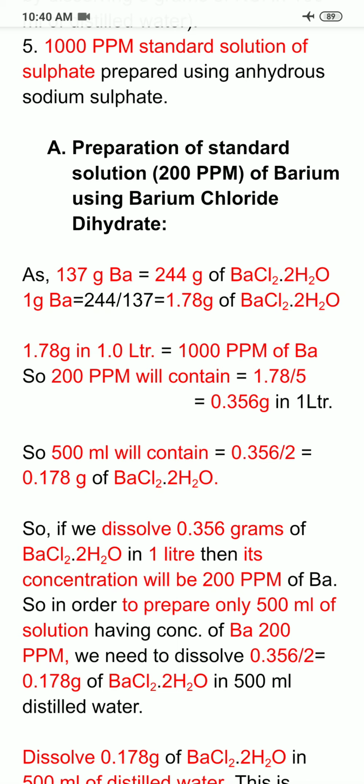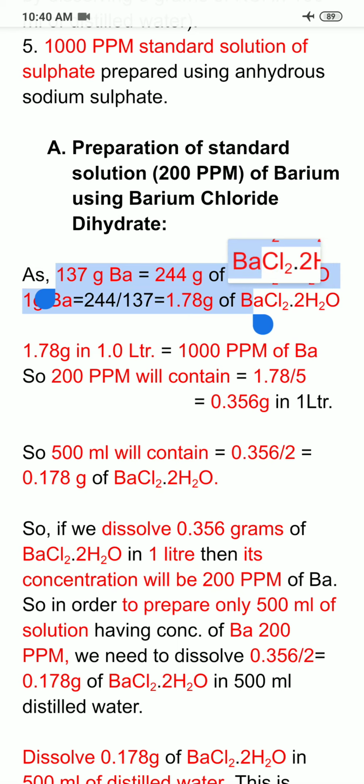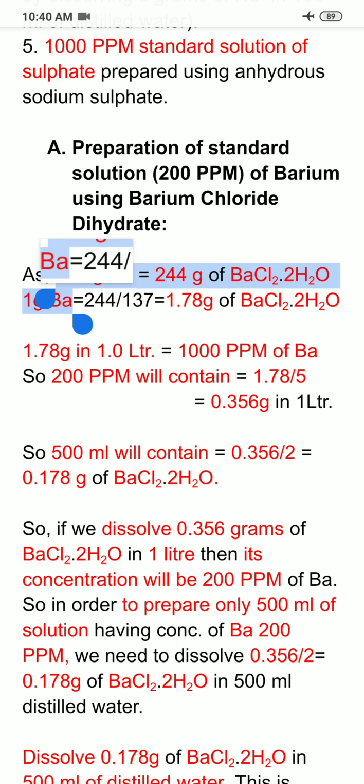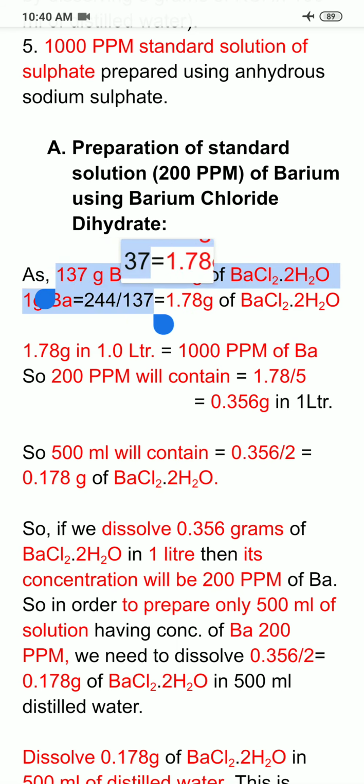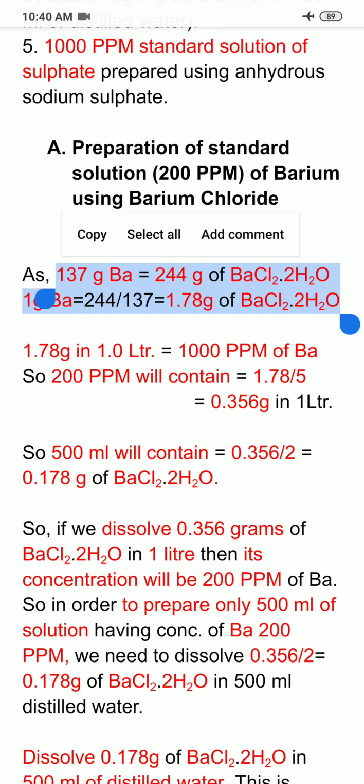So as the atomic weight of barium is 137 grams and that of barium chloride dihydrate is 244 grams, I can say that 137 grams of barium is equal to 244 grams of barium chloride dihydrate. Now from this I can write that 1 gram of barium would be equal to 244 divided by 137, and this will come out to be equal to 1.78 grams of barium chloride dihydrate. So it means that if I dissolve 1.78 grams of barium chloride dihydrate, which will contain 1 gram of barium,